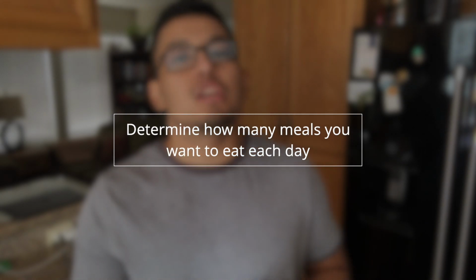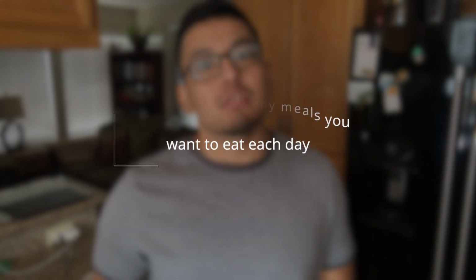Step number 3, which isn't really a step, it's kind of just finding your preferences, is to figure out how many meals you like per day. So if you like big meals, then maybe plan on having just 2 huge meals for intermittent fasting. That's what a lot of people do. It's called the 2 meals a day. If you have 2,000 calories to eat to lose weight, make one big meal for 1,000 calories,